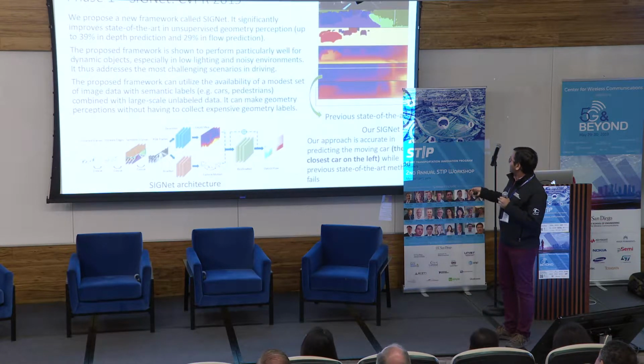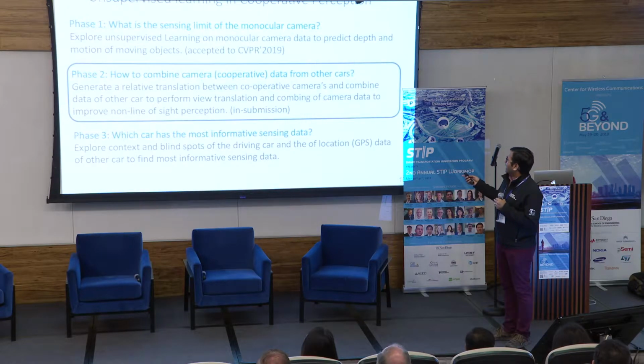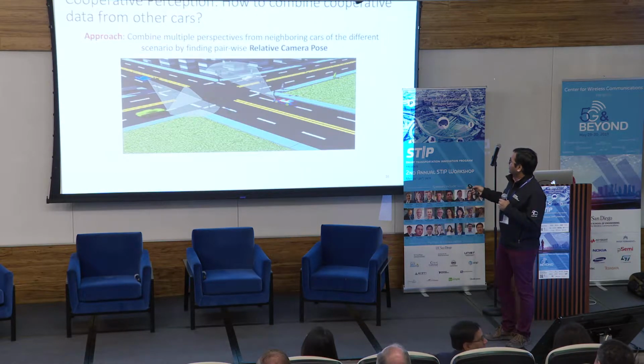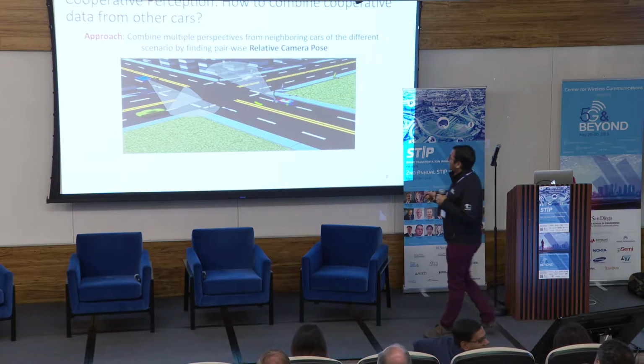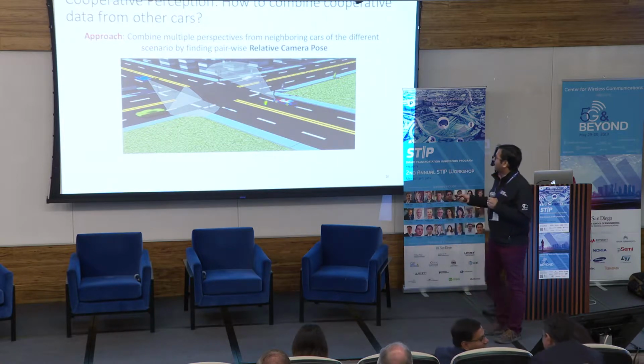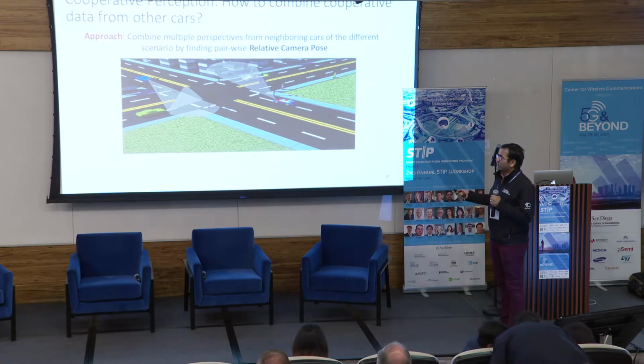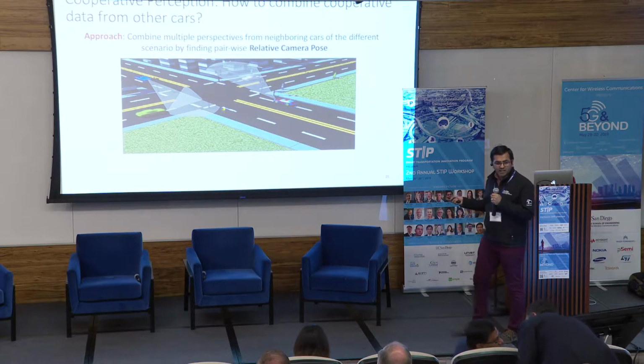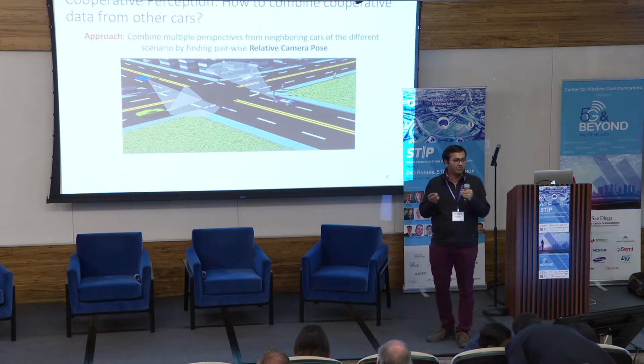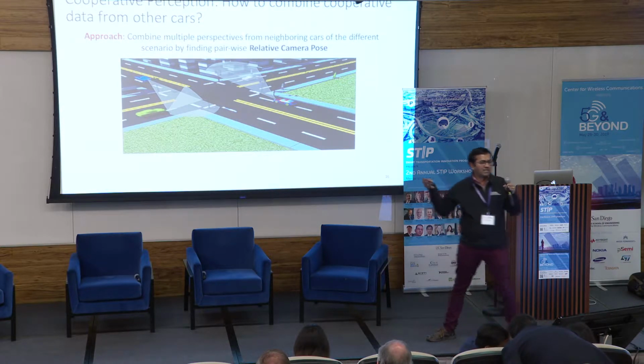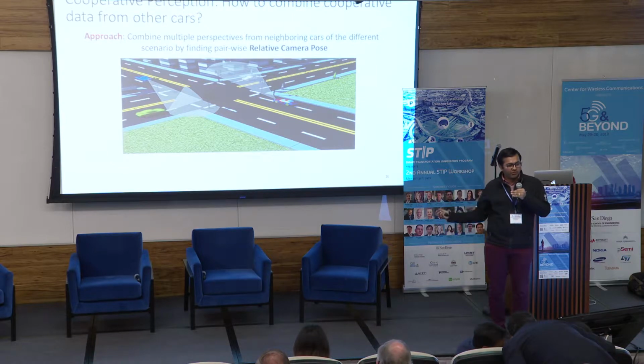This was the phase one's result. Here's the phase two. So overall, the idea is the following. You have these multiple cars, each of them has their field of view. What you really want to do is combine all their views, and the way to combine their views is that you will do a relative translation. You will translate everybody's images into your frame of view,